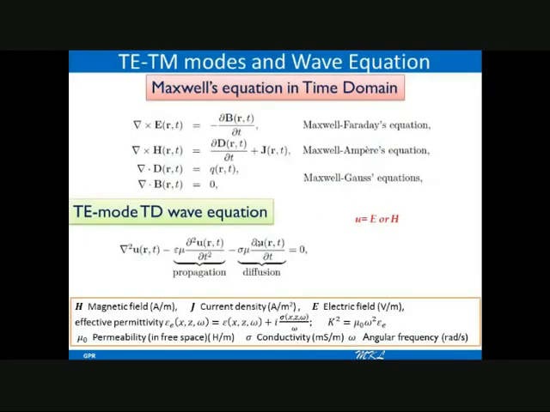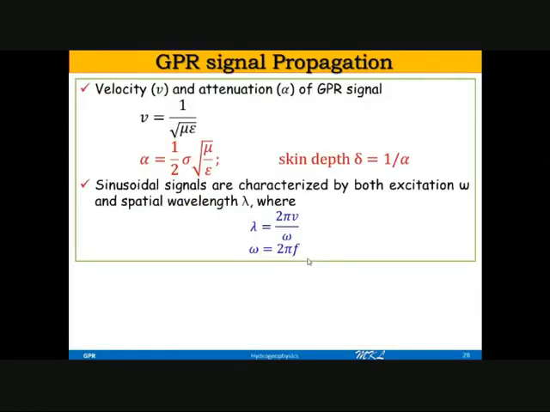The velocity and attenuation here depend on mu, sigma and epsilon. You can write the velocity v equals 1 by root over mu epsilon. Write this down. And alpha is half sigma root over mu by epsilon. So from here you can see if epsilon is higher, the attenuation will be